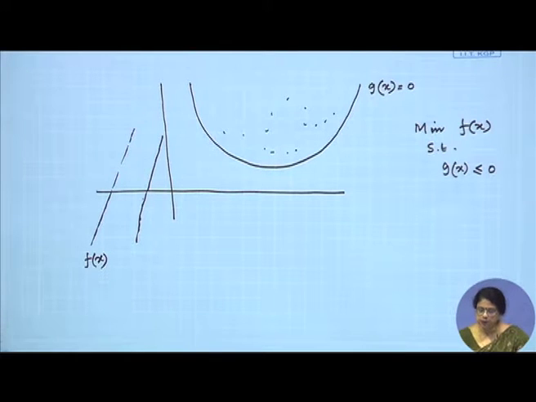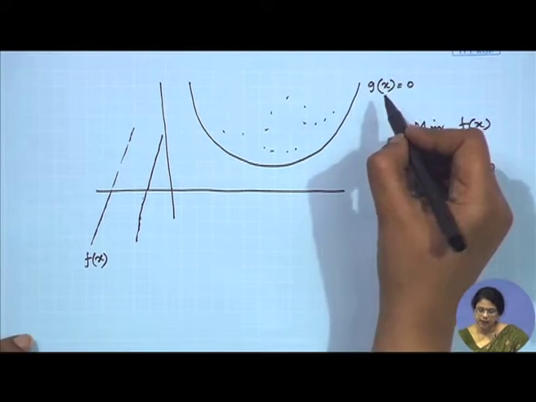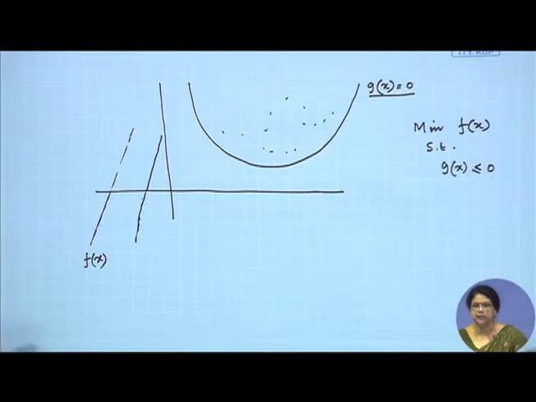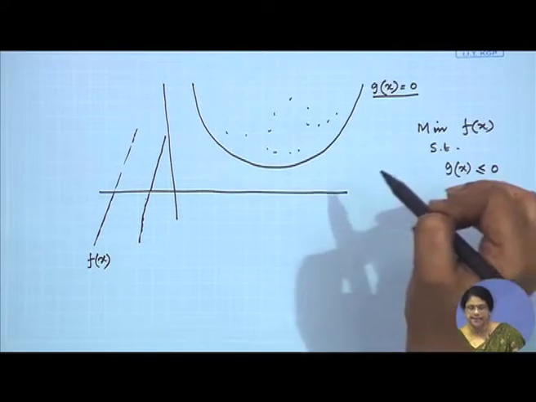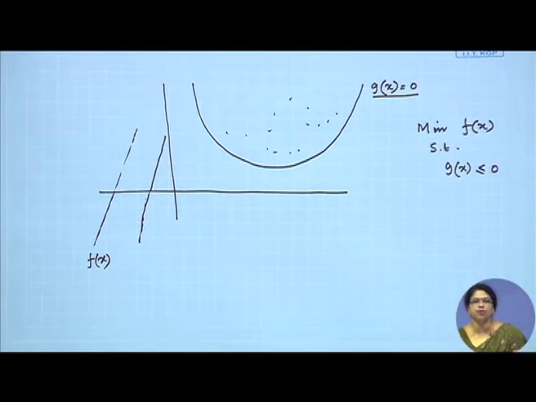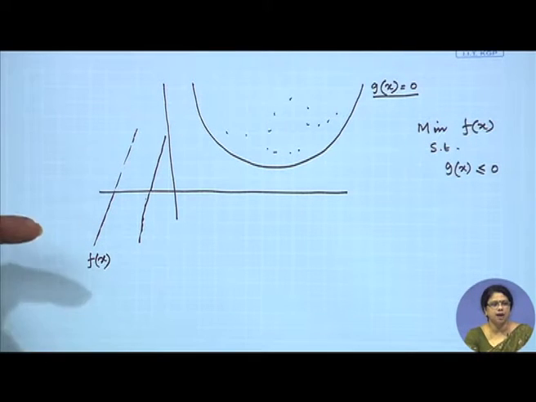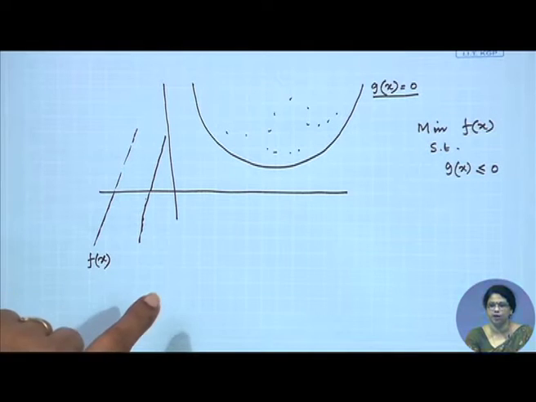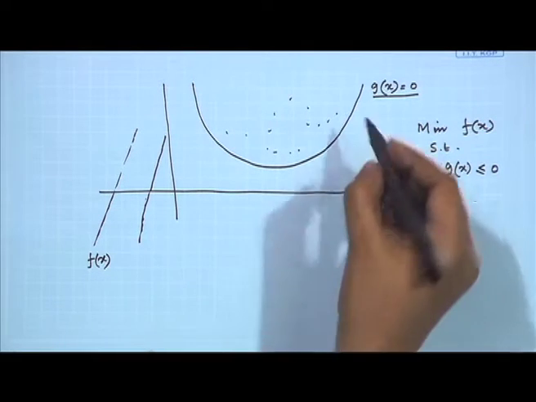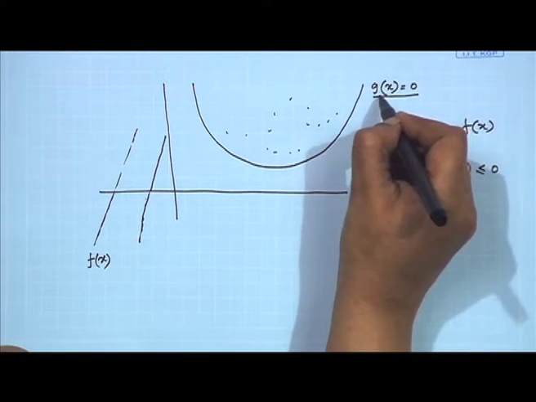For this problem, one thing we should know is the range of x. We have g(x) less than or equal to 0, but if we can somehow find the range of x from the constraint set, that can be nice, because we have to start the process from one of the points. We have to consider that